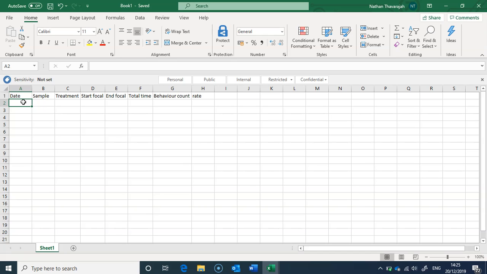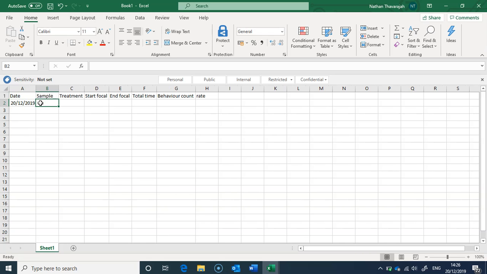All right, so we always have the date. Let's say we collected it today, so the 20th of the 12th, '19. I'm going to call this sample BS1, so before sample 1, and I'm going to put 'before' in the treatment. Let's say that we were interested in looking at the behaviour before some sort of treatment like husbandry, and then after. I'm going to say I started my focal at 9 o'clock. Remember, you need the exact times that you start the focal and end the focal in here,